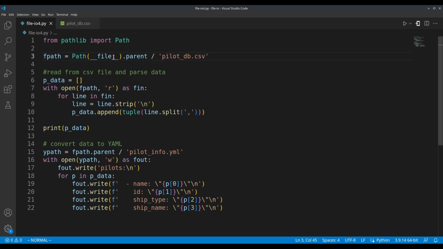Now, you may have noticed this little magic attribute right here. What this particular magic attribute does is it references the full path of the file that this attribute was called in. In this case, file io4.py. So we're creating a path object that stores this file path, but then we're calling the .parent function, which will return just the full path to the directory that this file is stored in. Then we are combining it with a file name